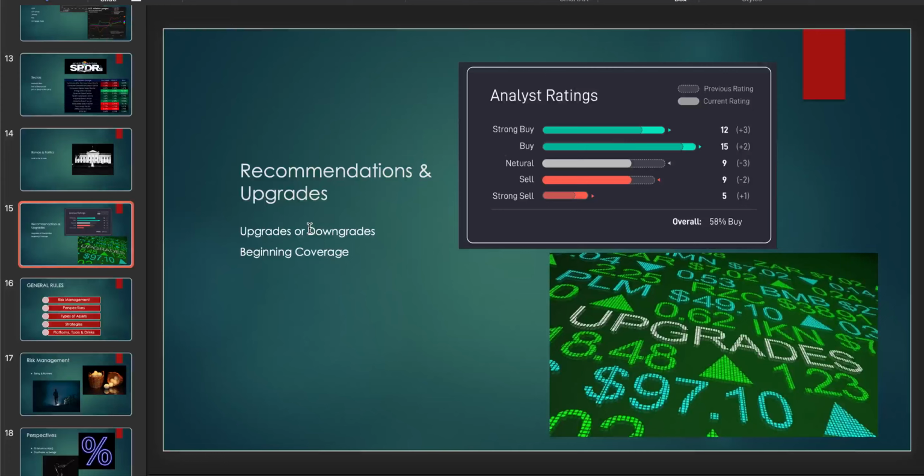And then there's also the beginning coverage, which means when a company is possibly not that big, and eventually they start making waves in their market, then these investment banks and analyst firms will all of a sudden take a look, and notice this company and then start coverage. So it's the first time that they're going to put out either a buy or a sell recommendation or rating on a particular company. It means that that company is obviously noteworthy and